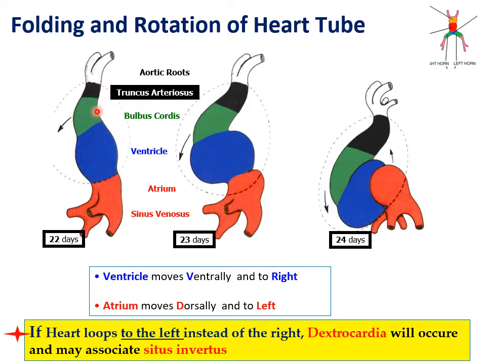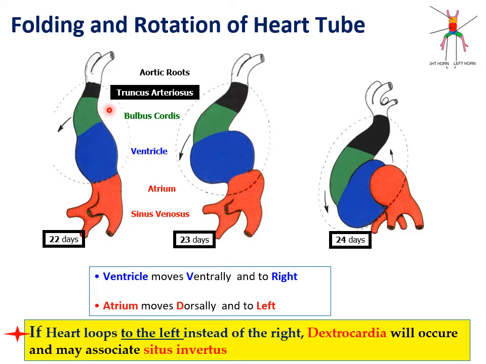Coming here, the bulbus cordis. Then coming here, the blue one is the ventricles. Coming here is the atrium, and coming here is the sinus venosus, for the whole to be differentiated into its two horns. So by day 22, here lateral folding will be